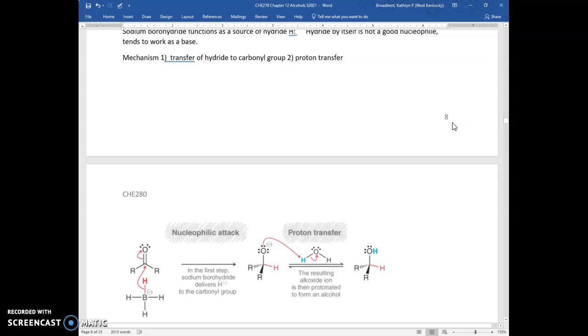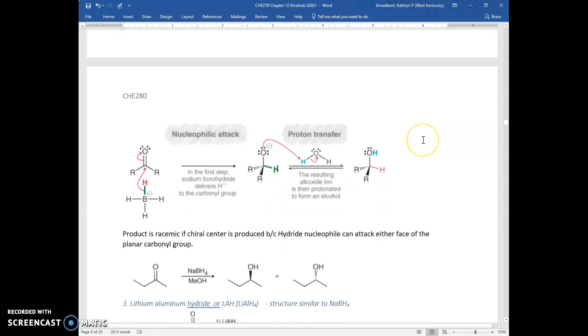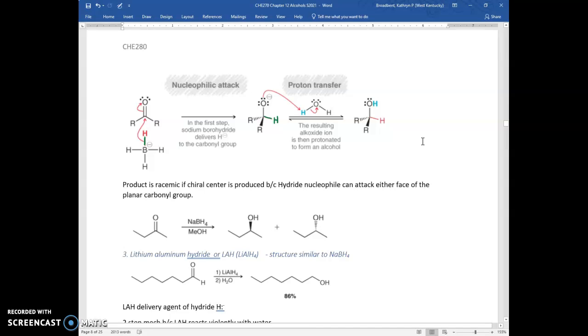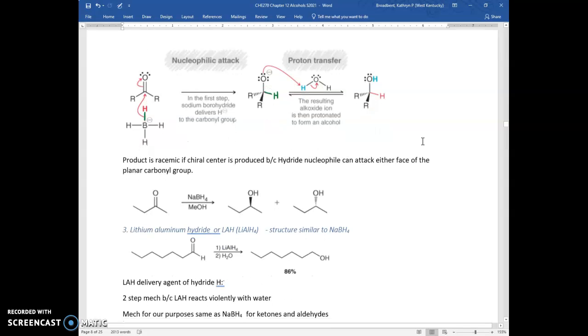We're going to transfer the hydride. Again, these electrons are getting transferred, adding this hydride right there. And then we have a proton transfer. Now the proton transfer step, the water step, has to be done separately because the water would react with the sodium borohydride. The product will be racemic if a chiral center is produced because the hydride nucleophile can attack